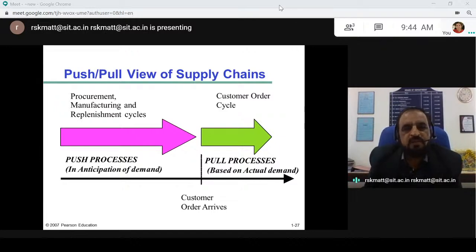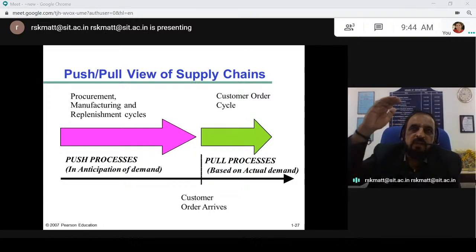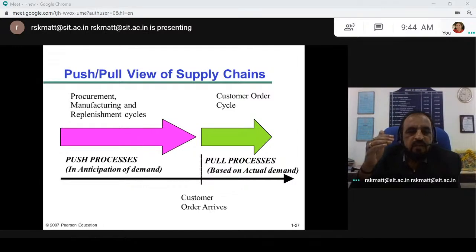Many industries, the multinational companies, practice this push and pull view. So I will elaborate what we mean by push processes. Here the manufacturing takes place in anticipation of the demand. That is, they estimate the demand in the market, and they